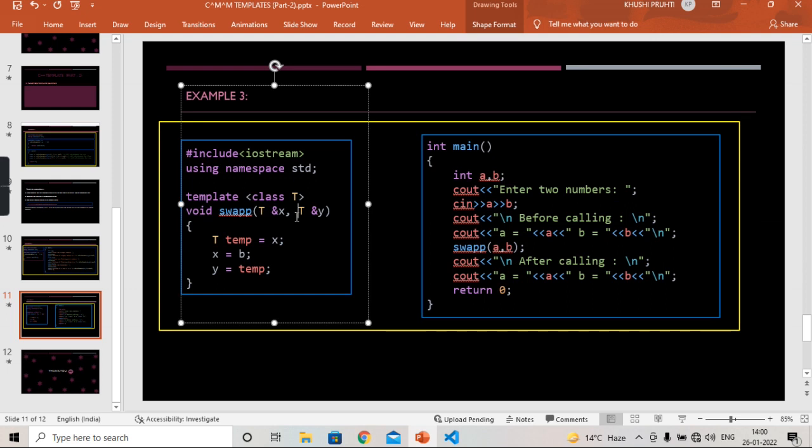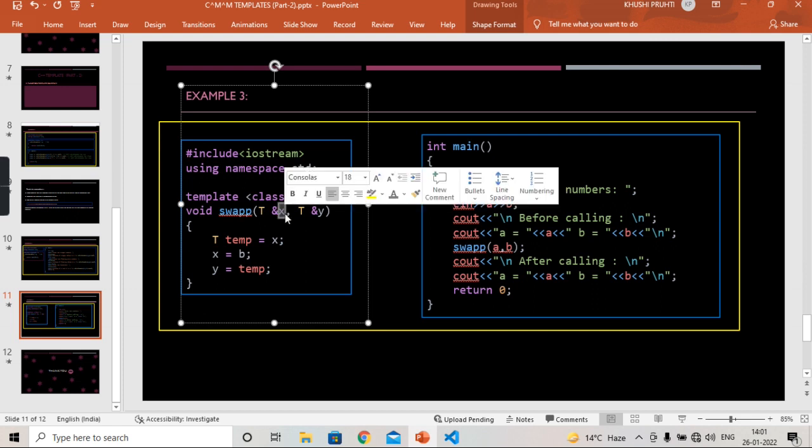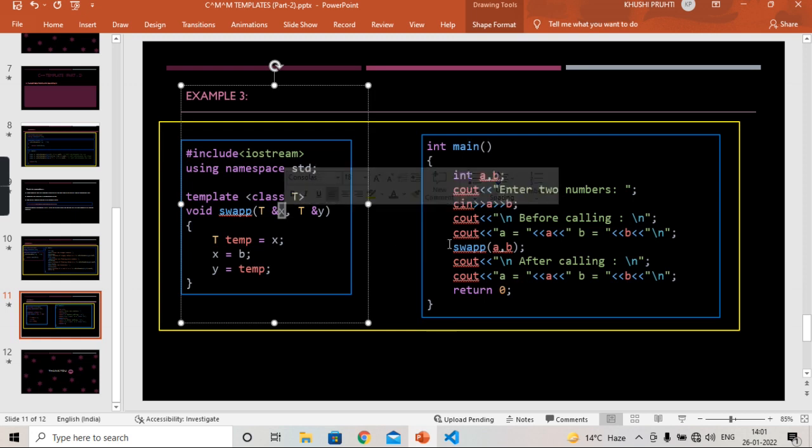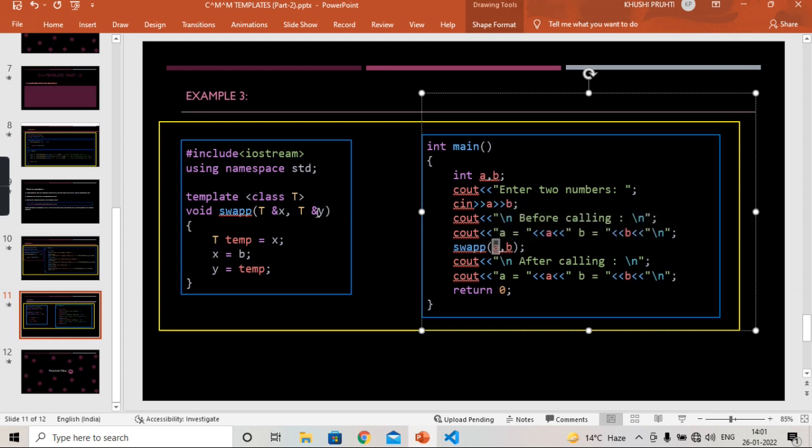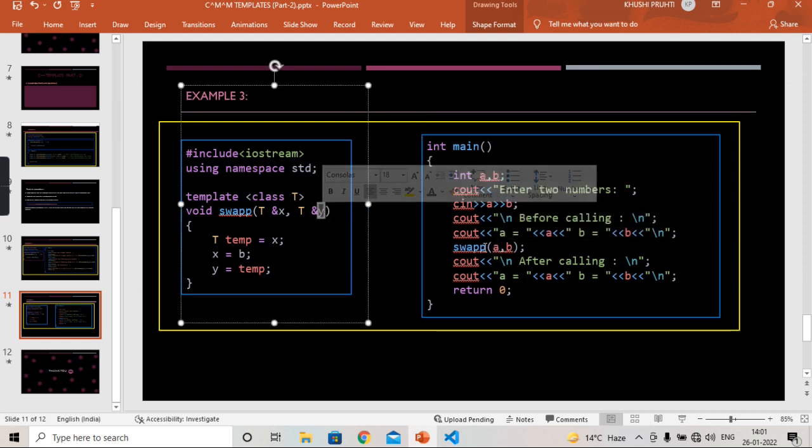So in the function definition, the formal arguments X and Y are reference variables of the corresponding actual arguments A and B. So the first formal argument, X, is initialized to refer to this actual argument A, and this second formal argument Y is initialized to refer to